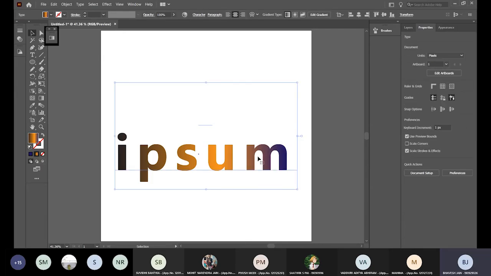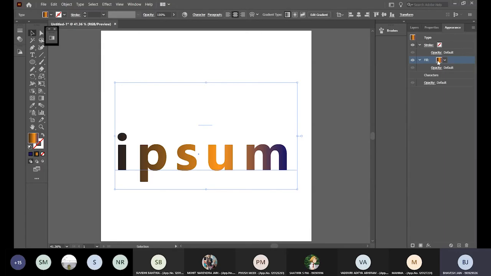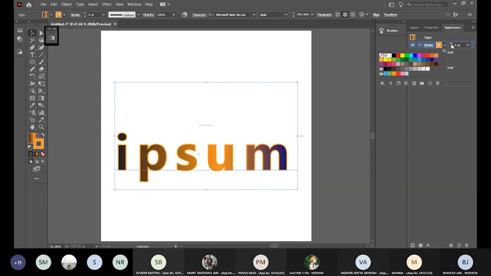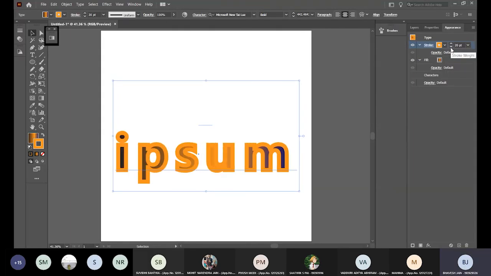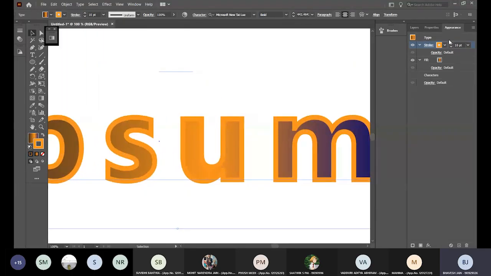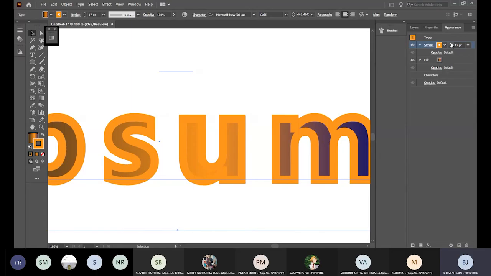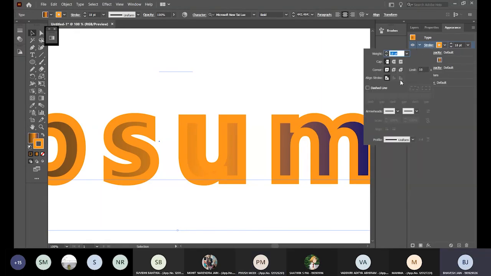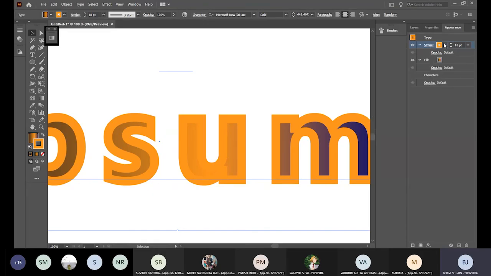if I go to appearance panel again, and now I create a stroke on this. So see this. Are you guys able to see it? Now the stroke is going to create a little bit of problem, especially in P and M. You guys seeing it's slowly diminishing the curves in there. It's eating into the alphabet space. So that is one reason why strokes on text are a bit tricky.